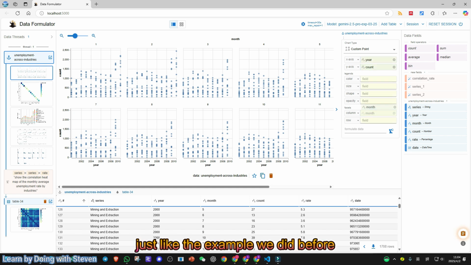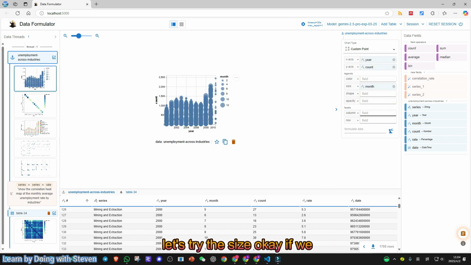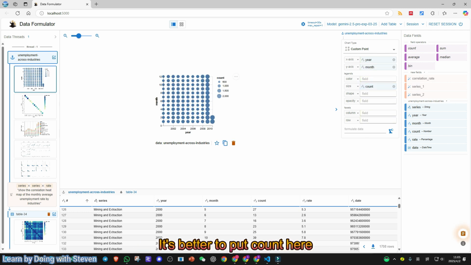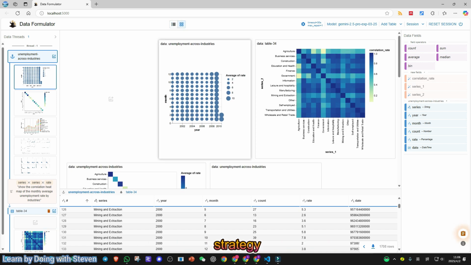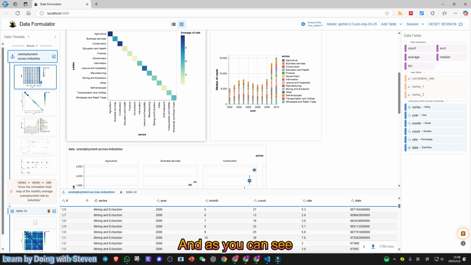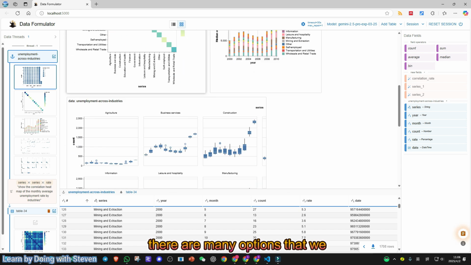Okay, this is just like the example we did before. Let's try the size. Okay, if we put month on size, it does not make much sense. It's better to put count here. We have different options. Now we have tried several plotting strategies, and as you can see, there are many options